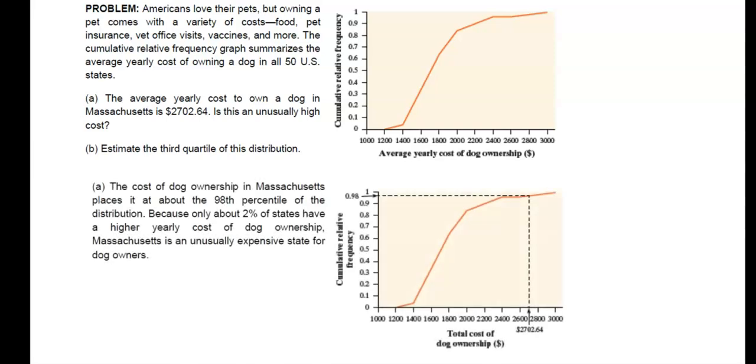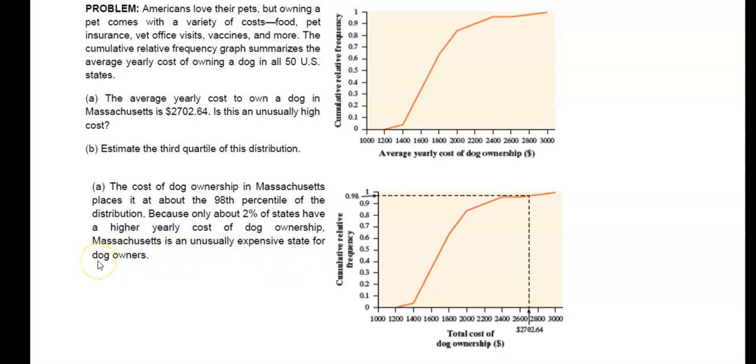So you could look at what 100% is, or oh wait, let's see. So the yearly cost, 2,702. If you find that on the x-axis there and go up to the graph, you can see it's very, very close to 1 or 100%. It's at the 98th percentile of the distribution. Based on only 2% of states having a higher yearly dog cost of ownership, Massachusetts is an unusually expensive state